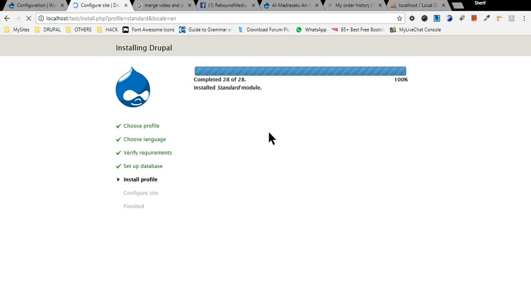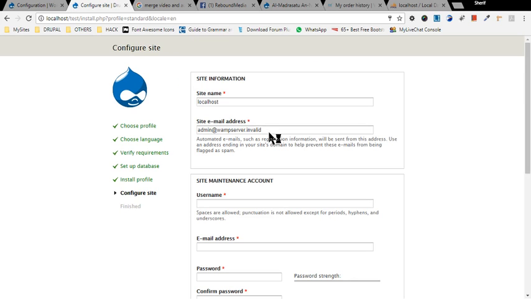And then there you go. Now we are on the configuration page. This is asking us to configure the basic information of our website. What is the name of your website? The name of the website that you want to create. So the name of my website is going to be Web Development Training, and the site email address. The site email address is basically the email address that people would see if your site sends an email to someone. So basically, it is usually in the form of info at repowermedia.com, and then you use whatever site name